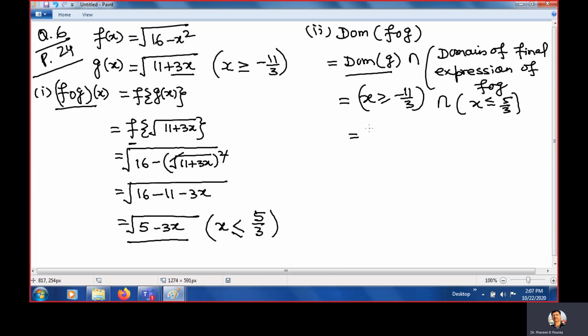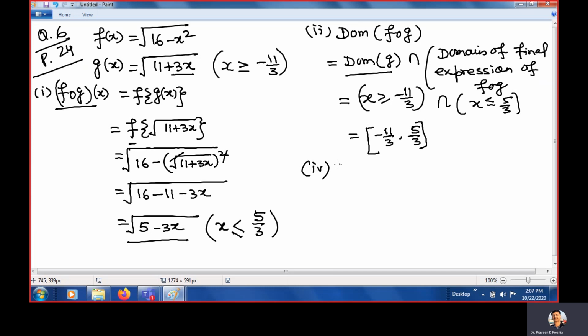Now I am leaving this to you, how you do it, but you can do it because you need to learn how to find the intersection. This is the intersection, because x is greater than this and x is less than this, so it will lie in this domain.